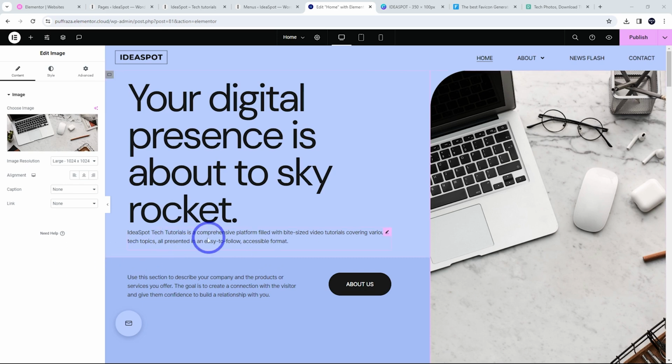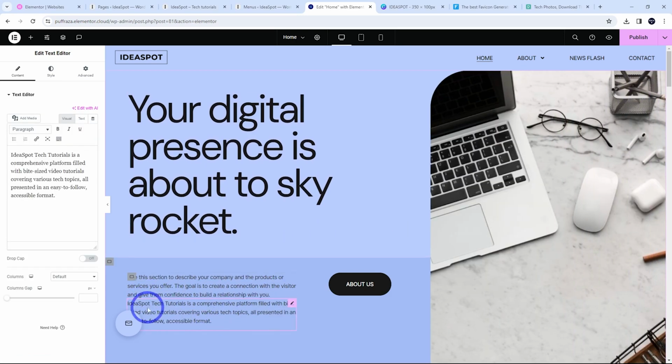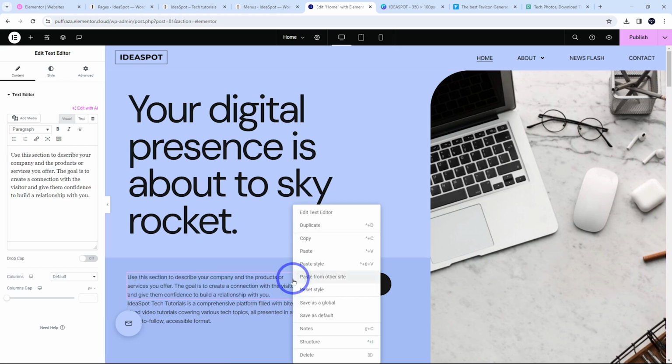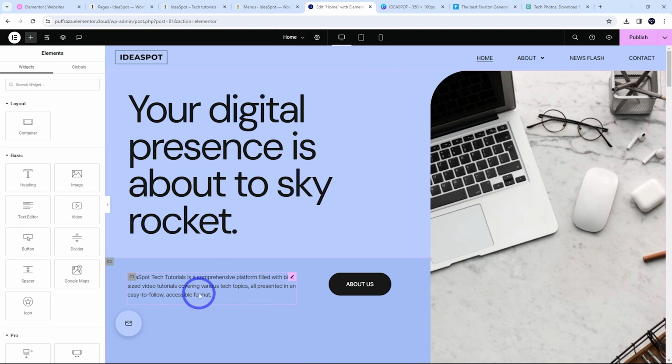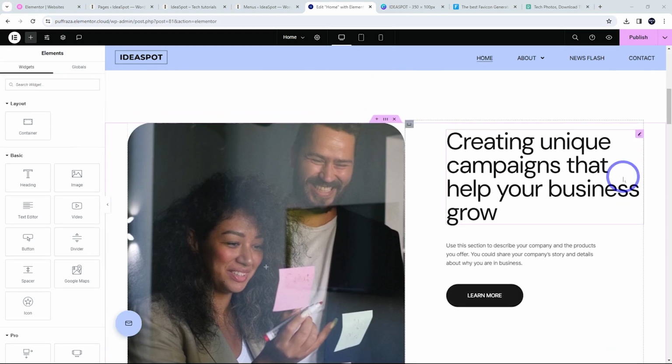And I actually prefer to have this text down here. So you can drag and drop things. So if you grab the element, you can actually drag it. I might put it down here and have it down there. And I could just delete this one. So you could delete a section by right-clicking it and deleting it. And that looks a lot better. And scrolling down, it's just a matter of repeating that process here. So changing our stock images